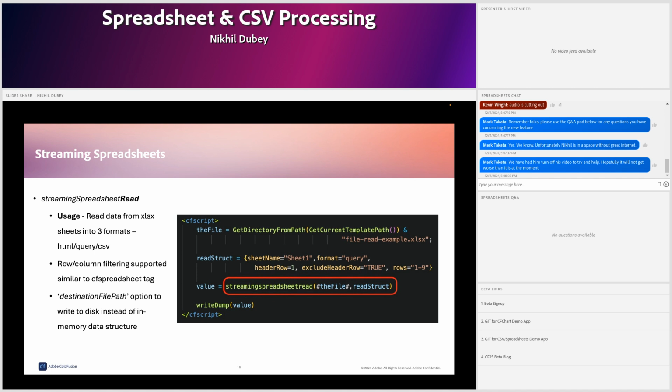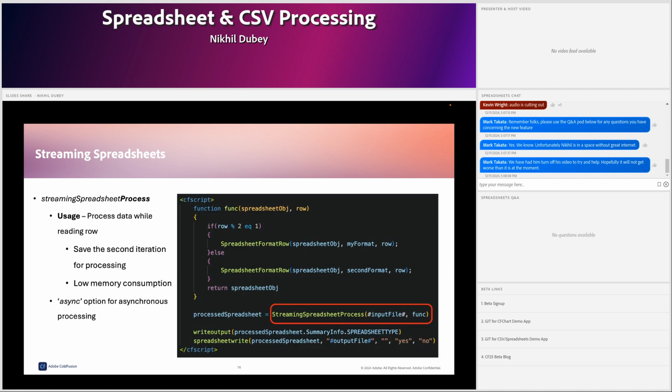But if you are reading the CSV and just converting it to a file at the same time, then it will be unbounded. So it will allow you to basically transform CSV data to an HTML table, or transform Excel into an HTML table or a CSV file that is unbounded by the size of the sheet or the number of rows. Moving on,